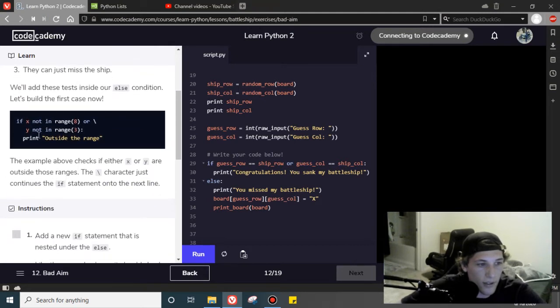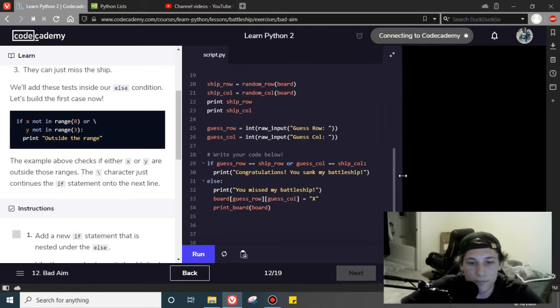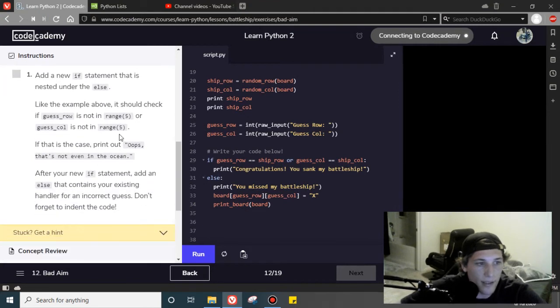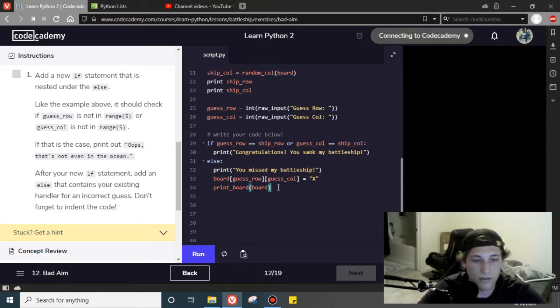Let's build our first case now. This example checks whether x or y are outside those ranges. The backslash character just continues the if statement onto the next line. That's good to know. Add a new if statement that's nested underneath the else. So it's nested, so I'm assuming it's going to be in the else. So if,